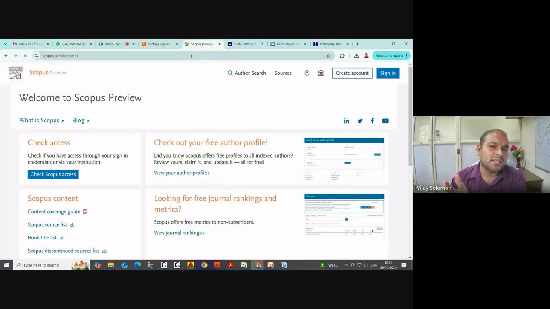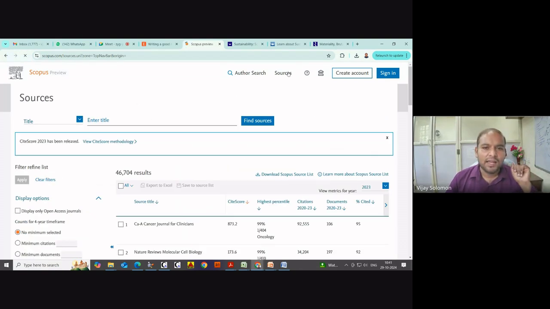Most of the journals do accept the review articles. But the point here is there are journals which are exclusively for reviews. I repeat, there are journals which are accepting only review articles. Okay, let us check that. I'll go to Scopus and I can create a username and password, but for searching that is not necessary. The title I'm writing is reviews